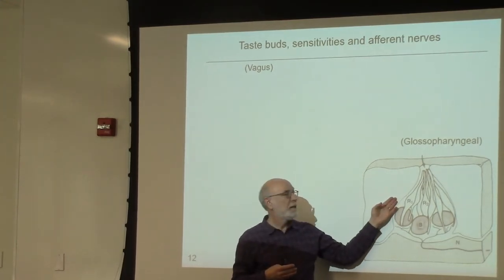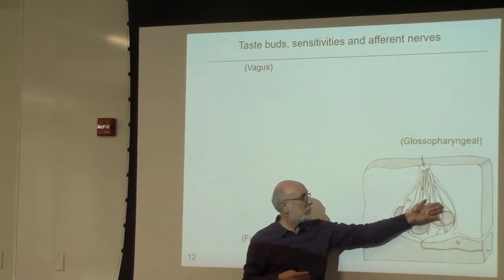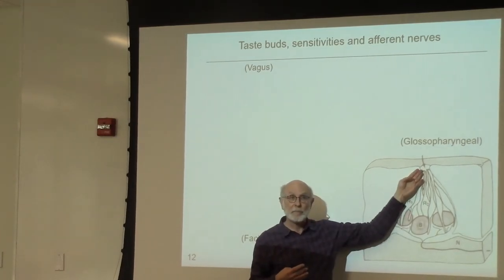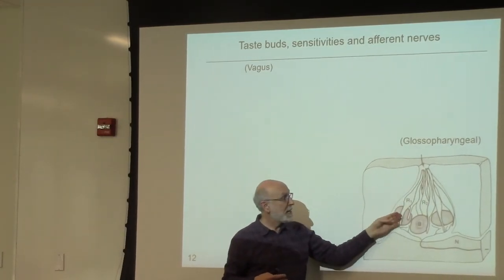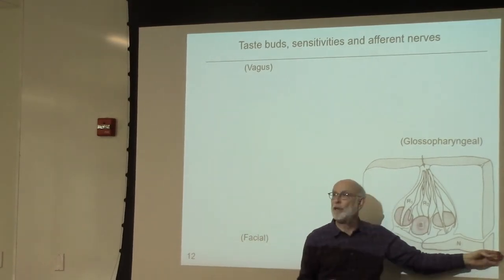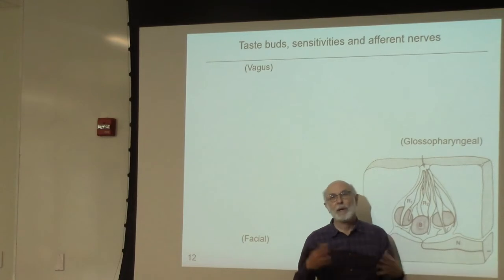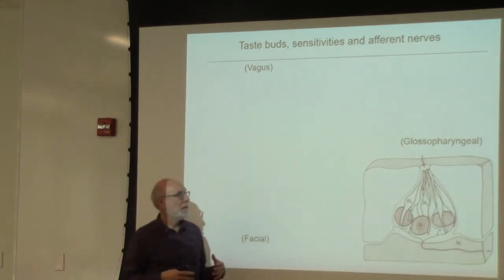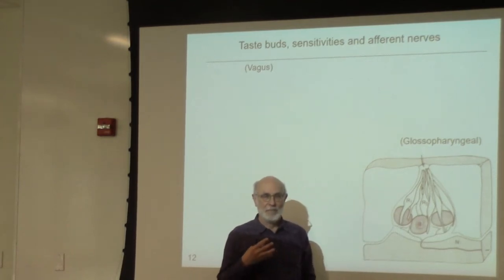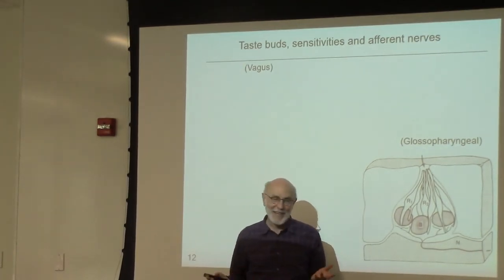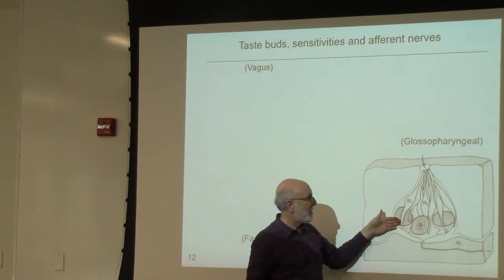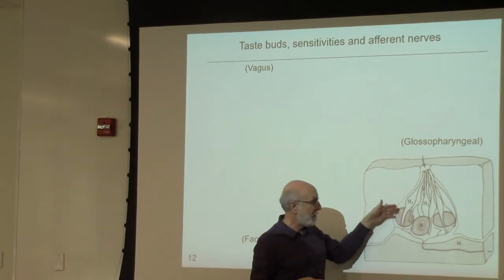This is a taste bud. There are several different types of receptor cells in each taste bud. The receptor cells make synapses in the taste bud with afferent neurons. So here's my classic short question. What type of receptor cells are taste receptor cells? Short, I gave you the answer. They're short. The receptor makes a synapse right there in the taste bud, and then the action potentials are in